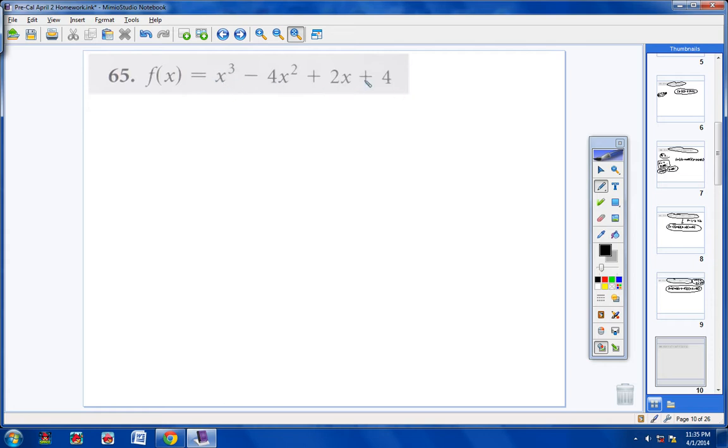It's written in standard form already. Your lead coefficient is 1. The factors of 1 would be 1. And the factors of 4 would be 1 times 4 and 2 times 2. So 1 over 1 is plus or minus 1. 4 over 1 is plus or minus 4. And 2 over 1 is plus or minus 2. All right? Now,